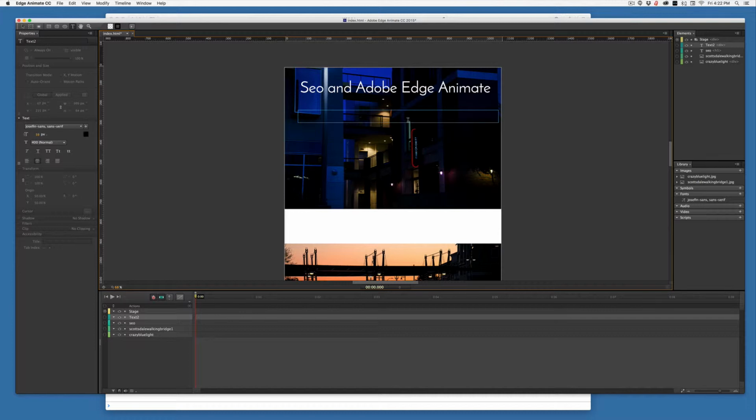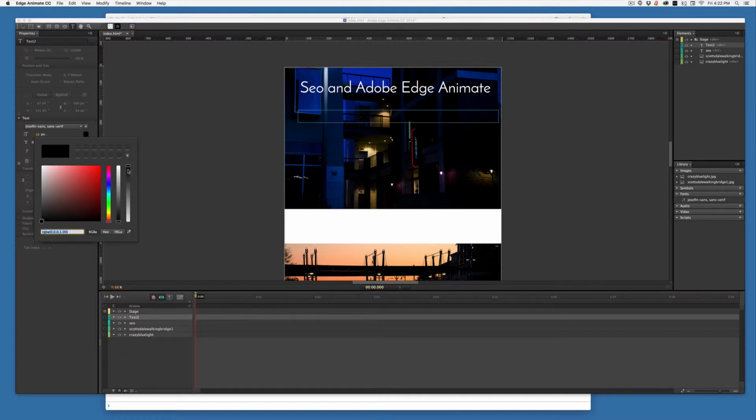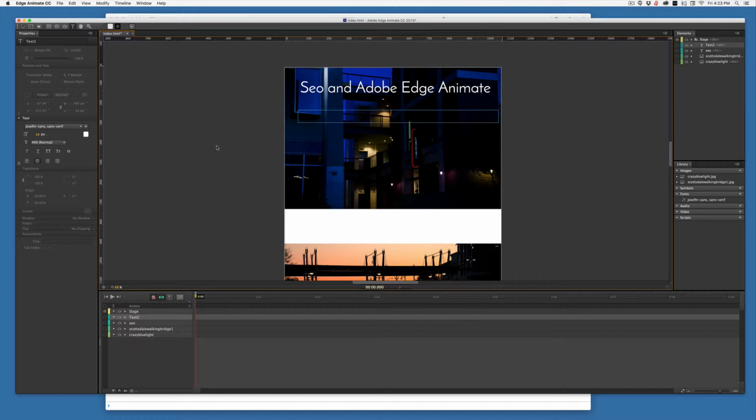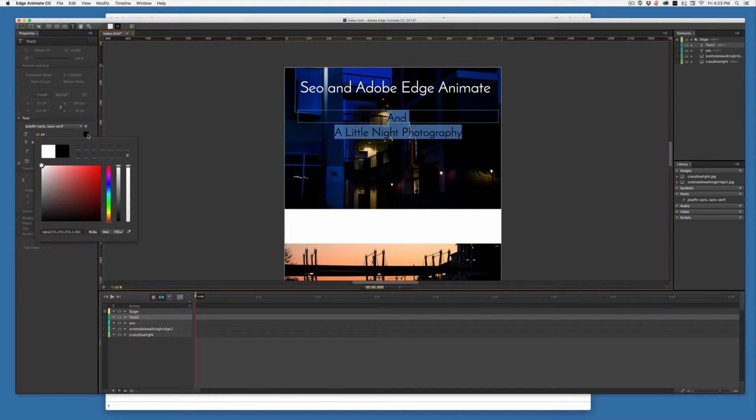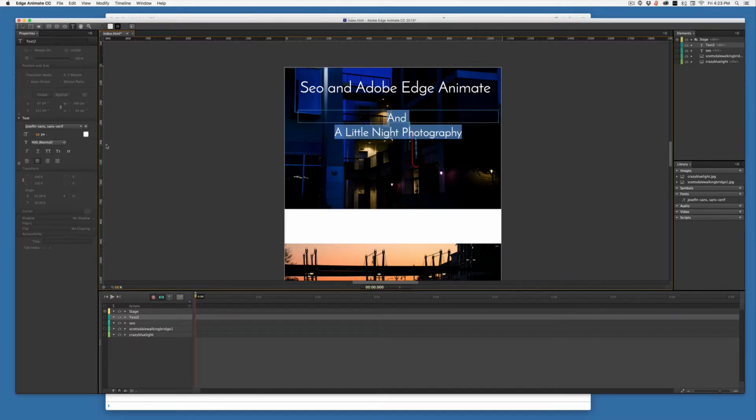You can't see it, of course, because it's still black, so I'll select all and change it to white. I'm going to make it a bit smaller,